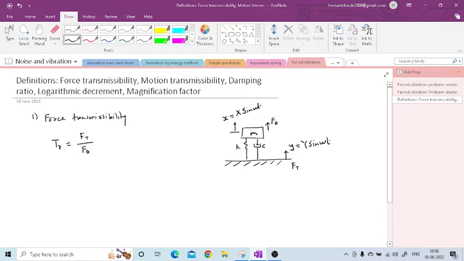See here, the Ft is the force transmitted to this support because of the vibration of this system, and the unbalanced force, the force impressed on this system, is F0. So this transmissibility is equal to Ft divided by F0, and it is given by a formula. This formula we have used in the problems also. This formula is,